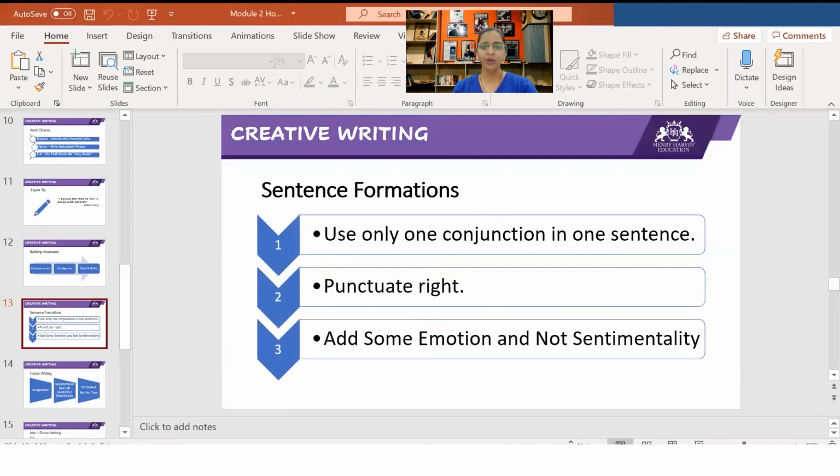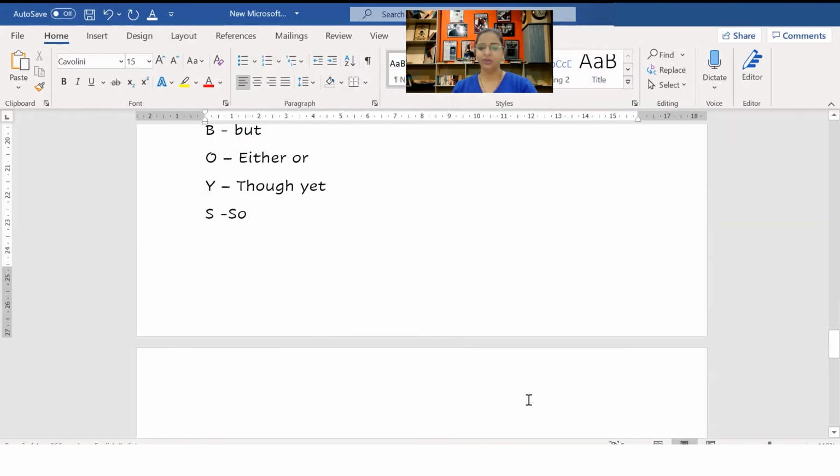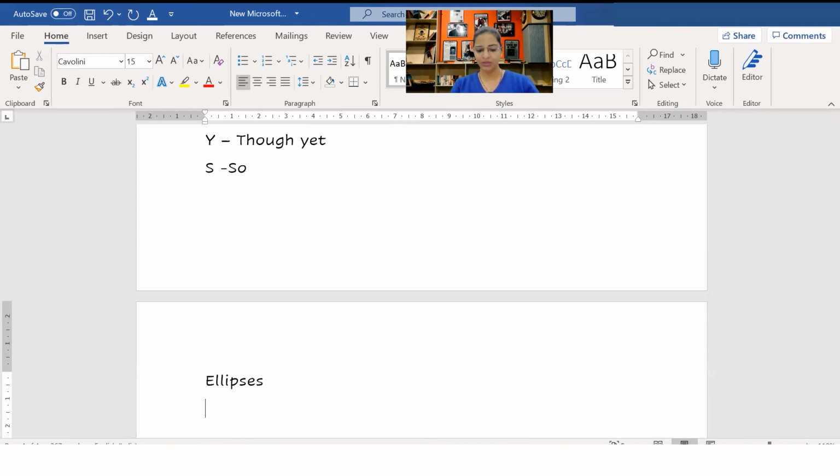Okay, now coming on to punctuating it right. Obviously you know how to use a full stop, you know where to use a comma. The one most important punctuation that I tell you is ellipses, which you use in creative writing. So ellipses are: she was skeptical... Now you will use 1, 2, 3.